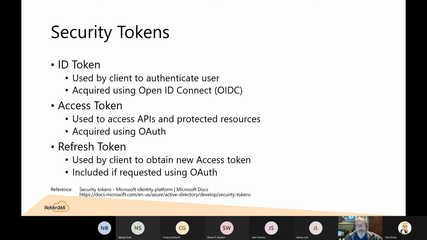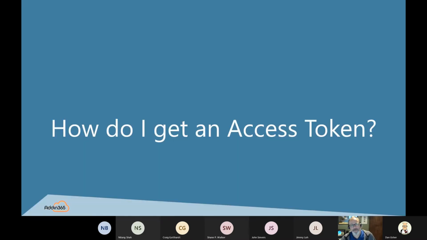So I may bounce through the consent screen. I don't think so, because as I was testing my code yesterday, I kind of did all that, but I wasn't really focusing so much on the consent process in this talk. There's plenty of prior art out there that you can go and find. So those are what we're talking about here. I want to get an access token, and there are multiple ways to do that. And when I use that, then I can call the Microsoft Graph.